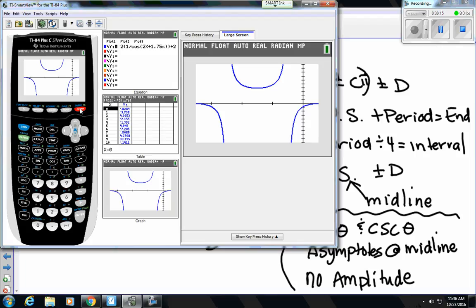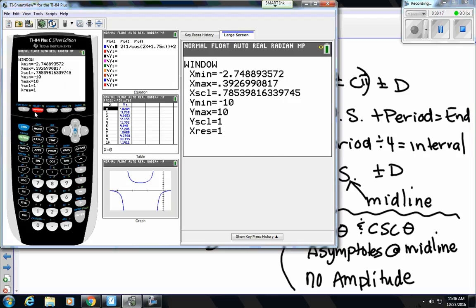You have to plug in what I have on the side, according to your graph, or else you're not going to see what we graphed. I have a charger. So the x minimum is